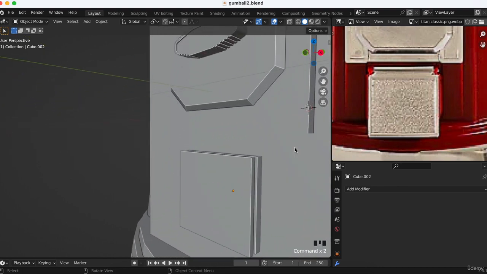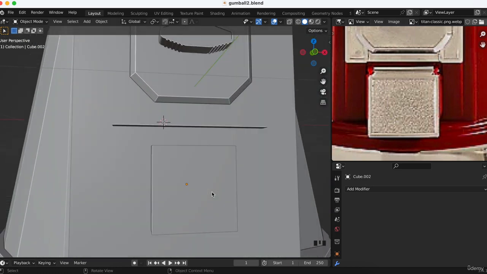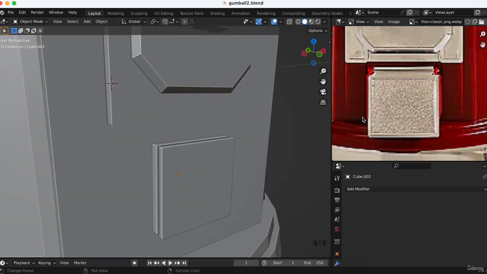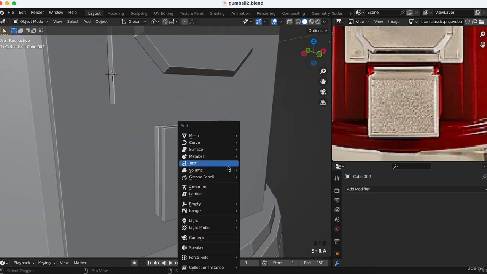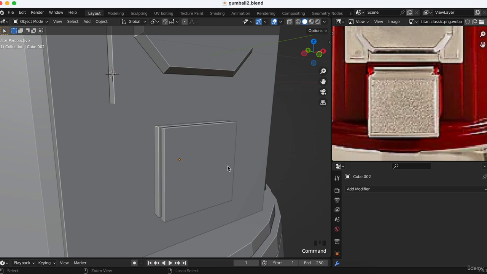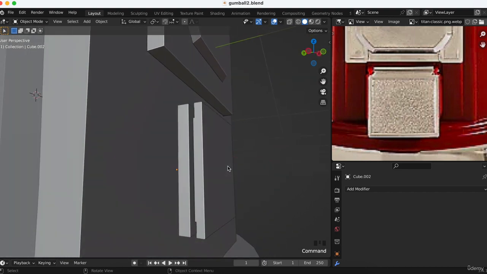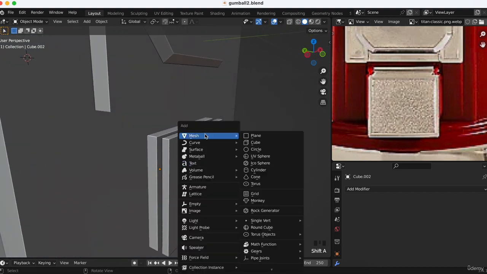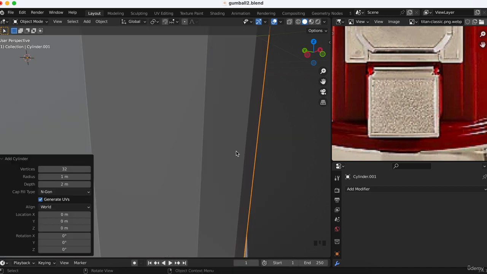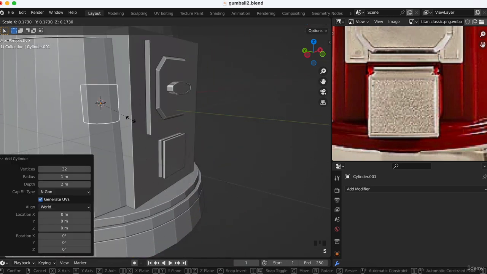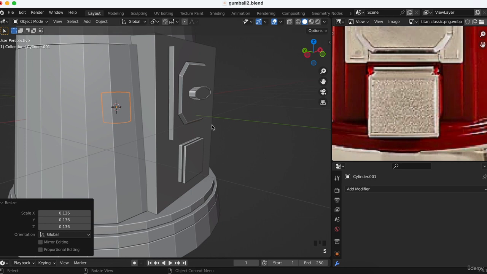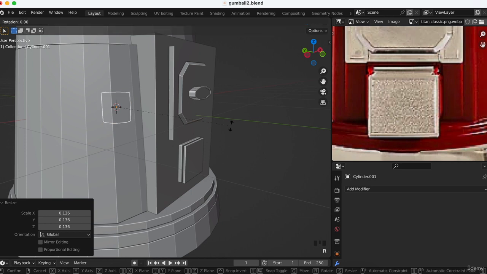We can also put a cylinder, because you see this part is round here. So I'm just going to put a cylinder to do this effect, and it is really easy to do. Mesh, Shift A, mesh, cylinder, S, and then we can rotate to put it on this side, so R, Y, 90, enter,